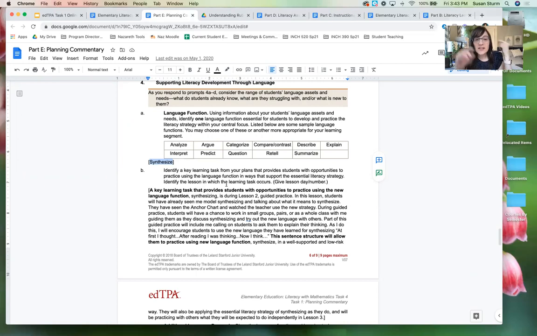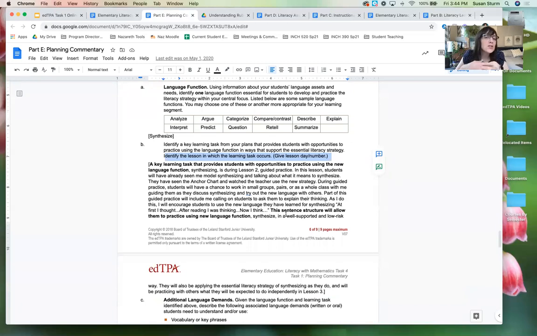Part B, identify a key learning task. This is a moment in your lesson plans that gives your students opportunities to practice using that language function that you just named in ways that support your essential literacy strategy. And then they want you to identify the lesson in which it occurs, like literally tell the lesson day and the number and tell like exactly where it happens. So this is not talk about how all of your whole lesson provides your students with opportunities to talk. No, they want you to bring them in to one moment